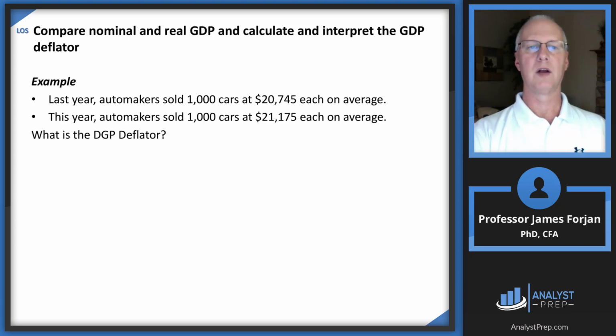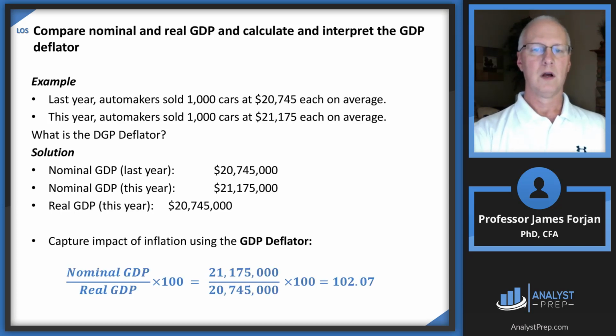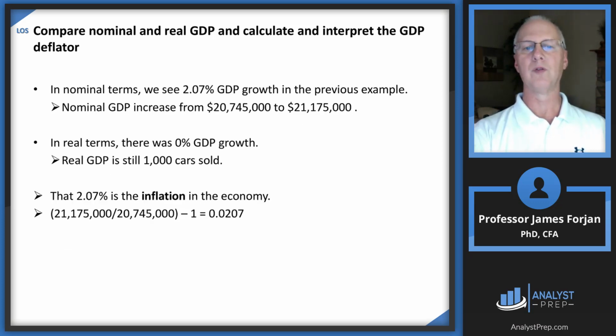So let's take a look at a quick example here. If in back-to-back years automakers sell 1,000 cars, but the price goes up from one year to the next, how does that affect GDP? How does that impact some kind of evaluation on the auto industry? And so really all we need to do is take the percentage difference between the 21 and the 20,000, and that gives us a GDP deflator of 102.07, but that's actually the rate of inflation, and so 2.07 is the